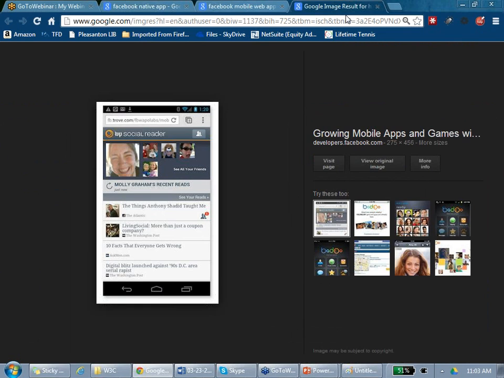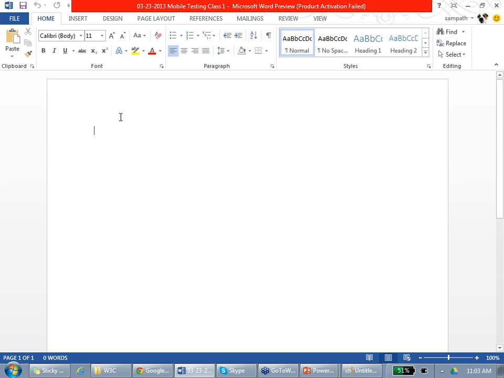Agreed? So is the mobile web app for Facebook the same as the desktop web app? Okay, so let me write it down. Mobile web app, native app, mobile web app, web app. So there is mobile web app and there is desktop web app. Agreed?